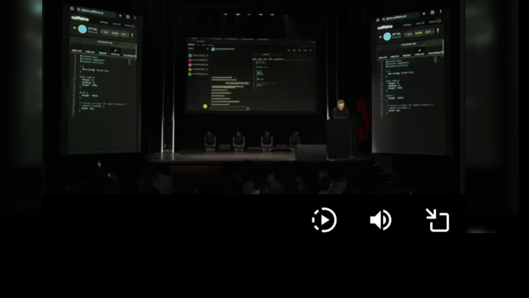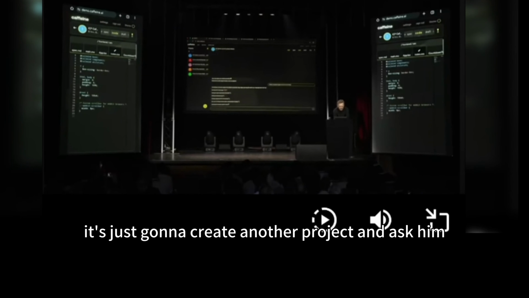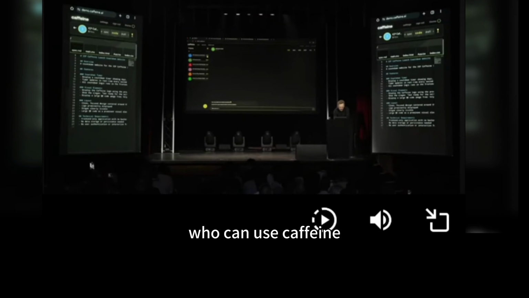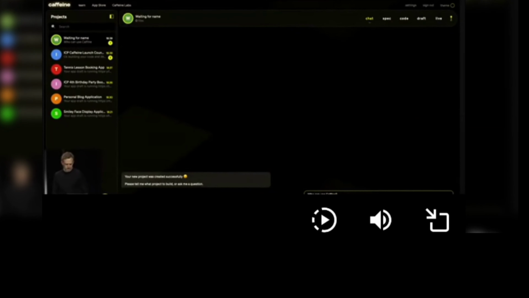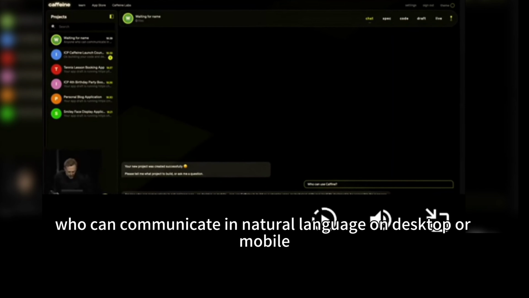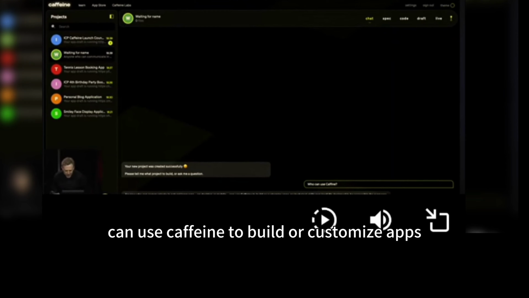While we're going, let's just go and create another project and ask, who can use Caffeine? Anyone who can communicate in natural language on desktop or mobile can use Caffeine to build or customize apps.